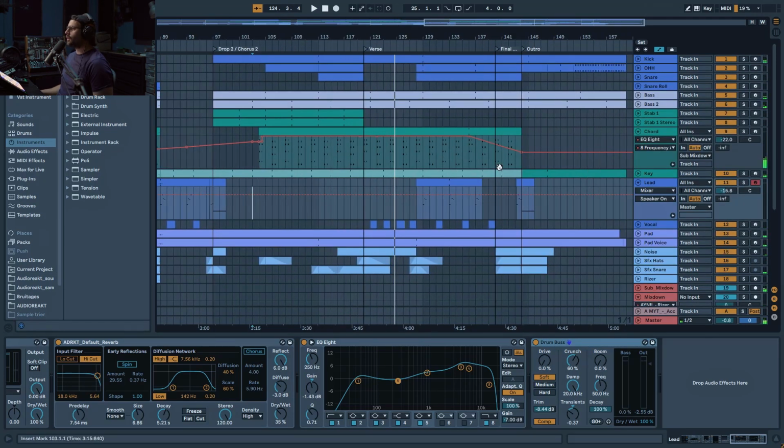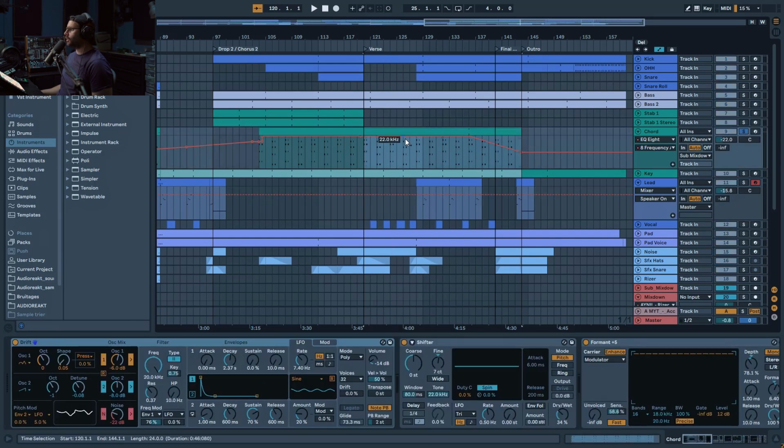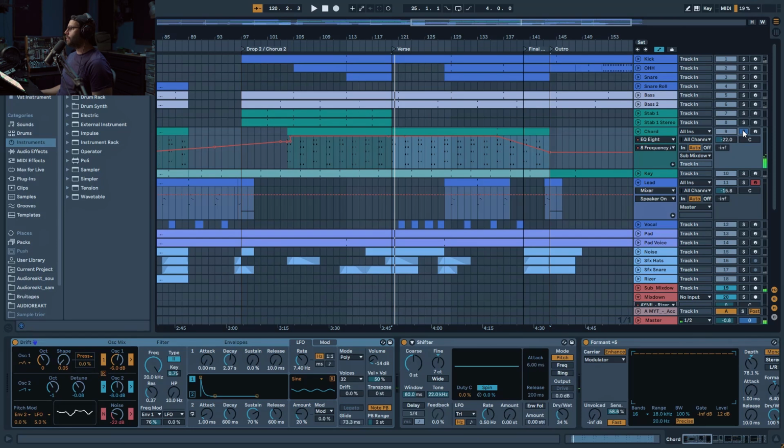Alright, and here's the verse. I wanted to do something different without the stab. So that's why I like the way it's built, because what I've realized is that this chord, if I was just playing it by itself,